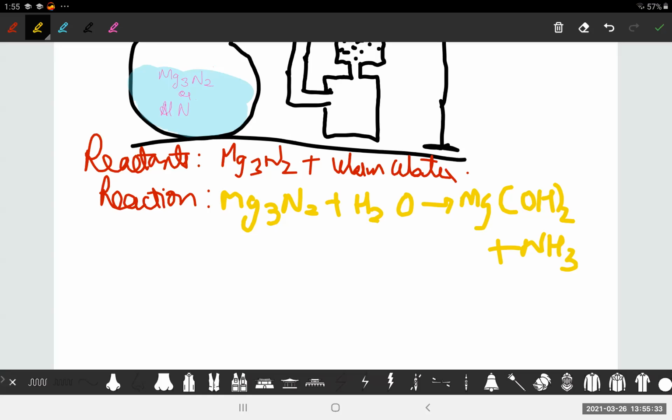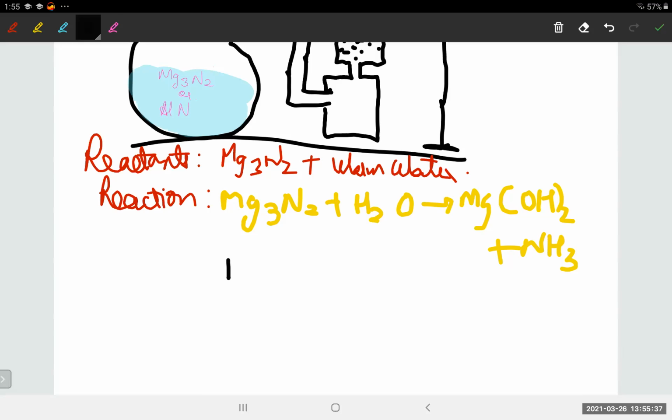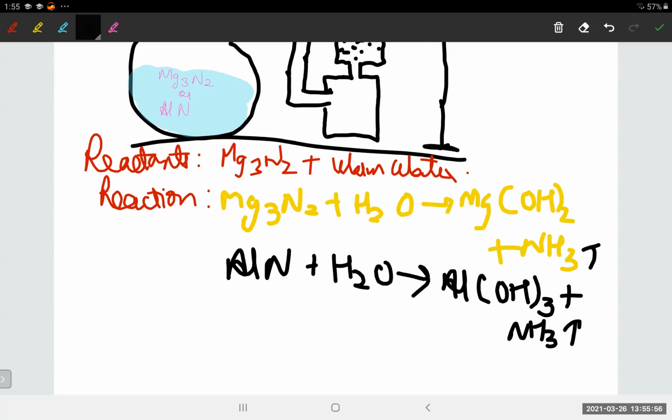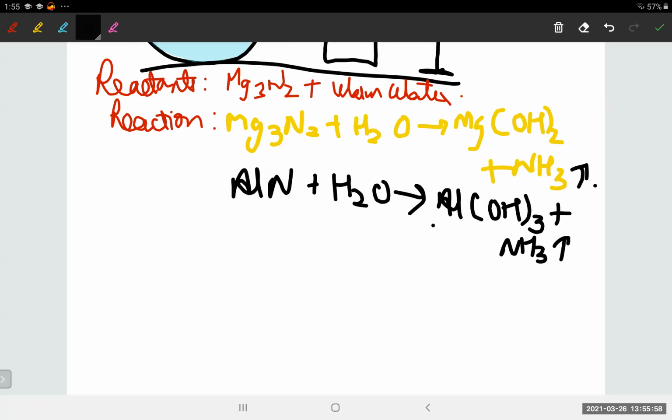Now if we take aluminum for instance, then what we'll get if I have AlN: everything will be the same. Aluminum hydroxide plus ammonia. Very good. And the drying agent